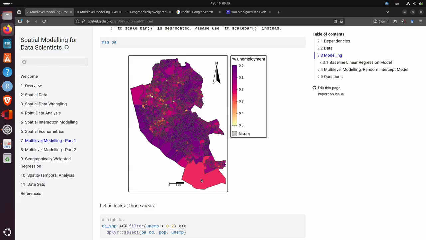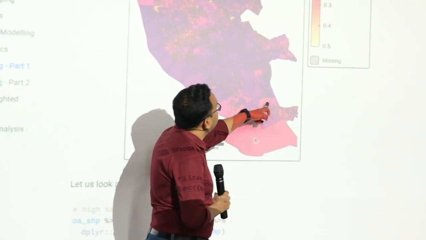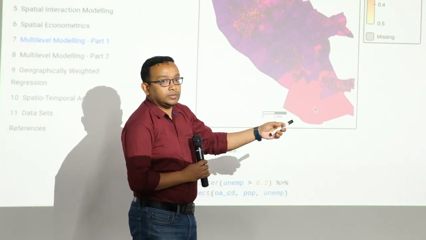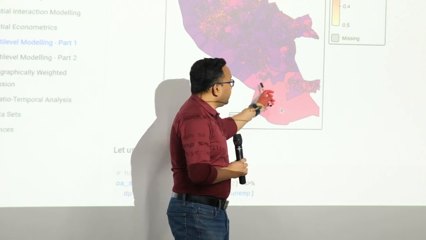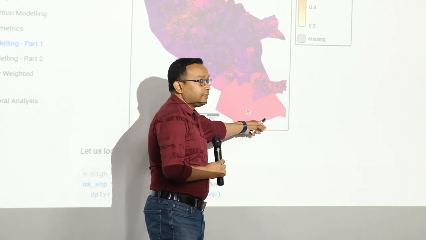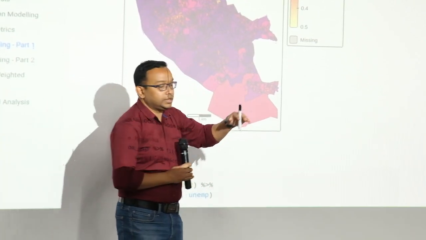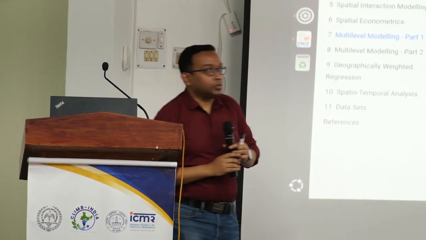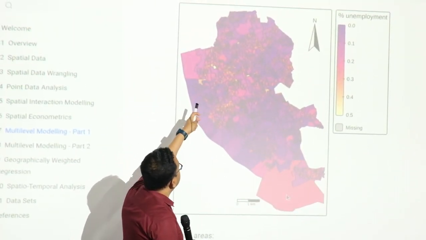Just as an example, this is the percentage unemployed, and you will see that there are chunks which are, like this is a very big chunk, but since you have only one data point for one cluster, it would show up as uniform. Maybe there are not too many people living here, but your percentage unemployment will be the same for the whole district. It's the district level or the ward level data. So what is showing up here is, let's say districts here,